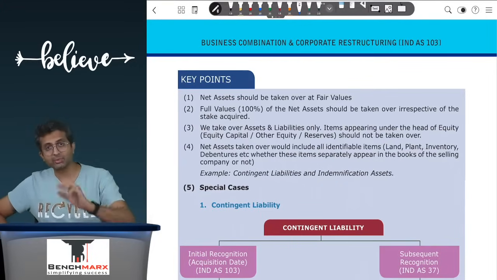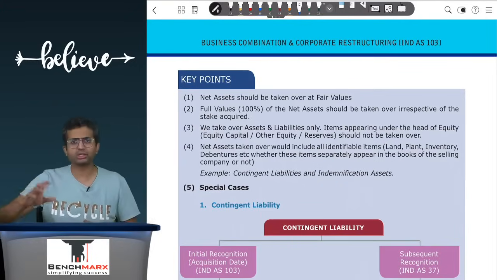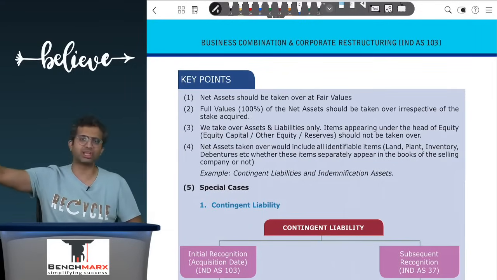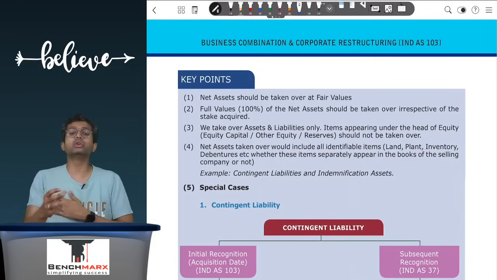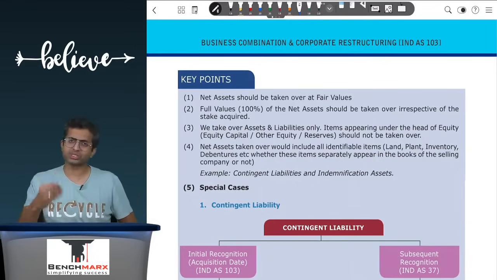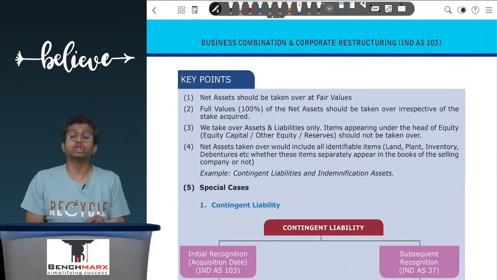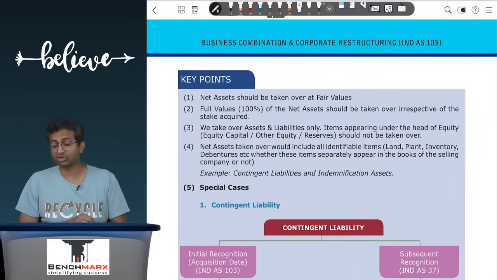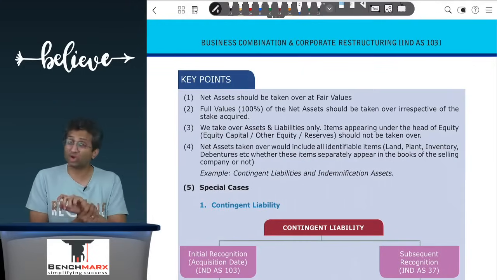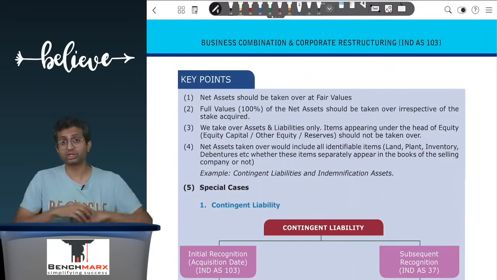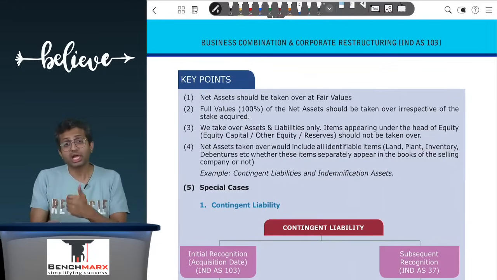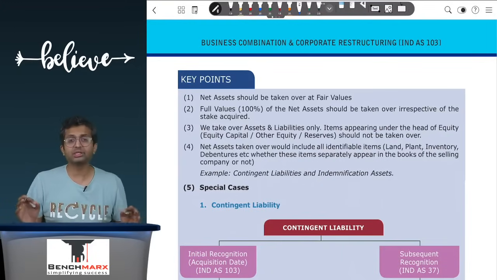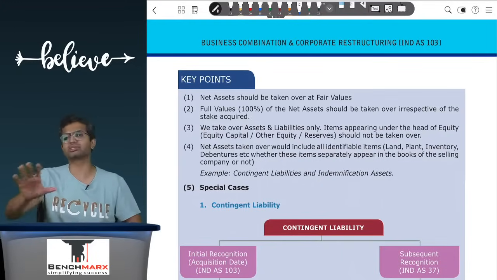Contingent liabilities sometimes may be agreed to be indemnified, like the owner or the shareholder of the selling company might say that, well, these are at the end my liabilities and hence I agree to indemnify you. Whatever the lawsuit comes, I agree to indemnify you, in which case you will also create what is called an indemnification asset. Now strictly speaking, this is a contingent asset, and a contingent asset should ideally, as per Ind AS 37, not be recorded unless it is virtually certain. However, for the purpose of appropriate goodwill calculation, Ind AS 103 says that you can recognize even these indemnification assets on the same basis as the contingent liabilities.